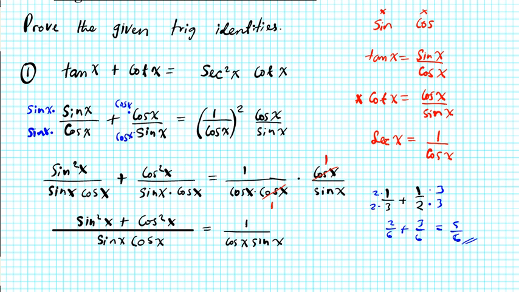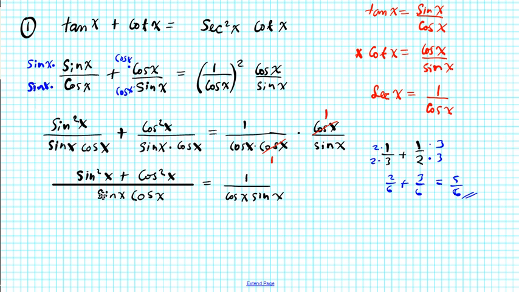Okay? Alright. Now what can we do here? On the left side, sine square x and cosine square x. That looks familiar. That looks like a trig identity, right? That is the Pythagorean identity for sine and cosine. So sine square x plus cosine square x based on the Pythagorean identities equals 1. Okay? So I'm going to replace that whole top with 1. So I'm going to have 1 divided by sine x cosine x